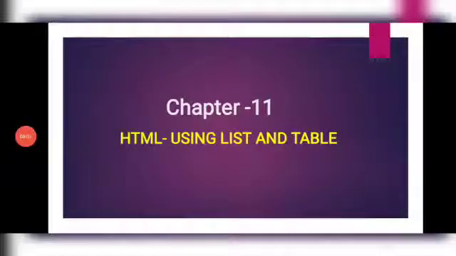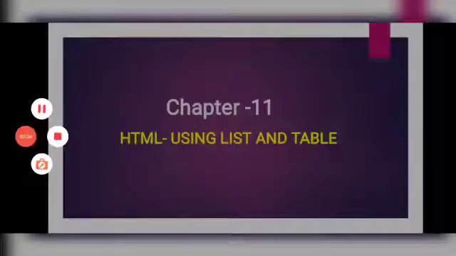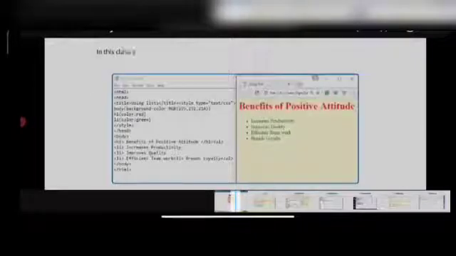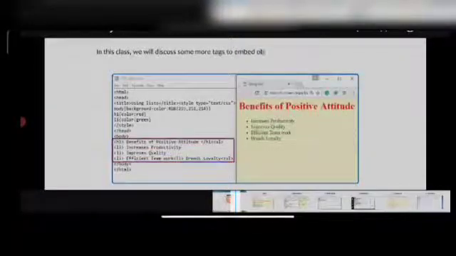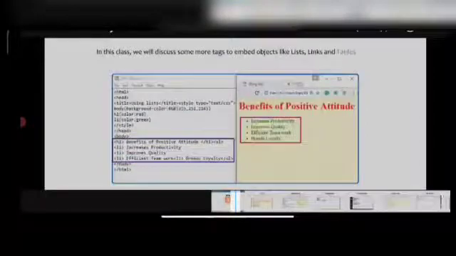Hello students, today we are going to learn about Chapter 11, HTML using list and table. In the previous class you were introduced to the basic formatting tags used for designing web pages in HTML. You have also learned about the usage of CSS to spruce up the appearance of these elements. In this class, we will discuss some more tags to embed objects like list, link and table